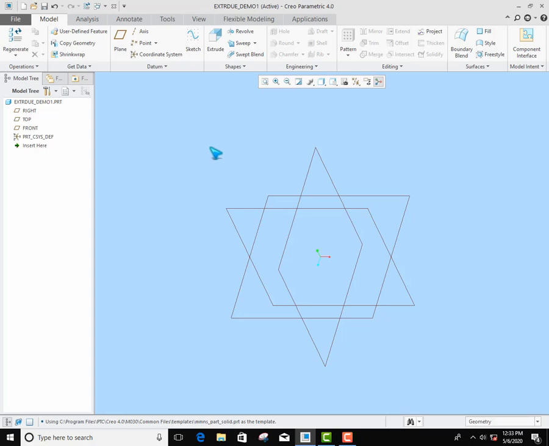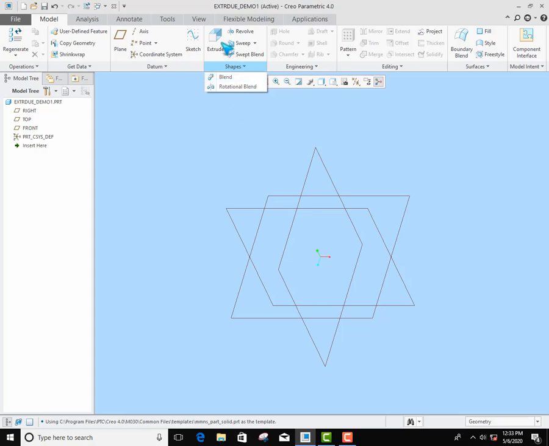As you are aware, this is the ribbon area. From the ribbon area you can directly select Extrude here, or if it's not appearing here, click on the Shapes pull-down menu. Here you will find the available list.